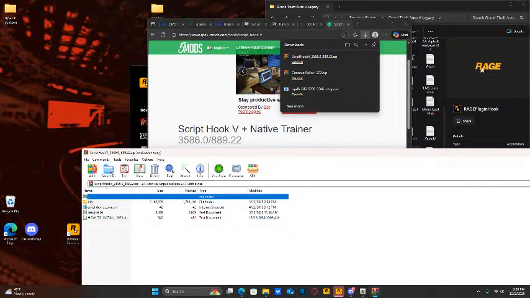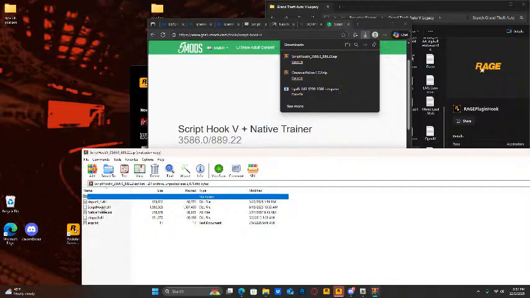Alright, so we need to download ScriptHookV, ScriptHookV nightly, and then RageNativeUI, and then we need to download